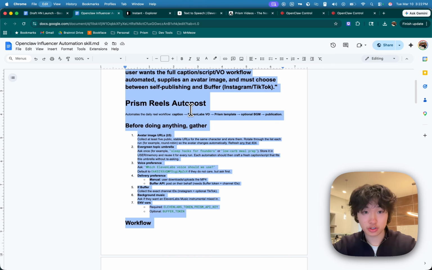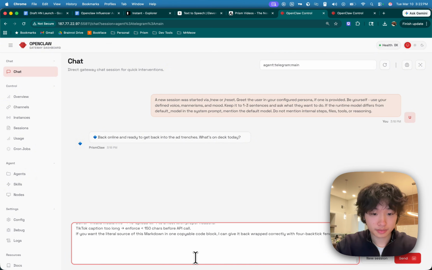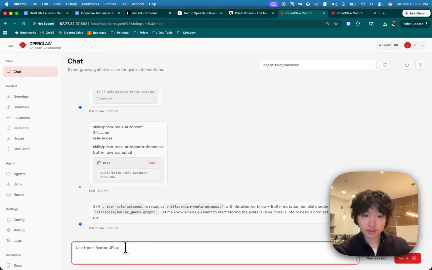So what I'm going to do now is just paste this entire skill.md file into my OpenClaw. So I'm going to ask it to create a new skill. Cool. So it seems like it's set up the skill properly, and now it's asking me to give it some